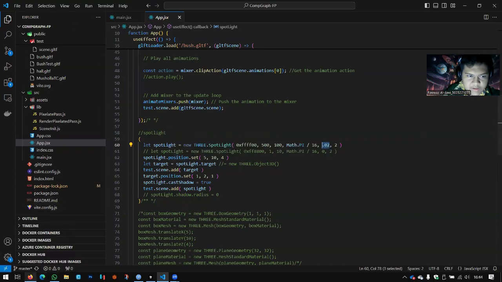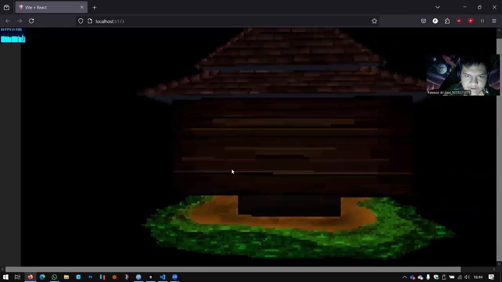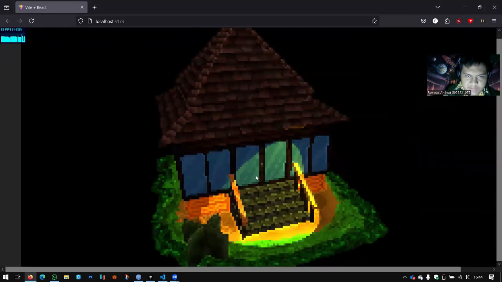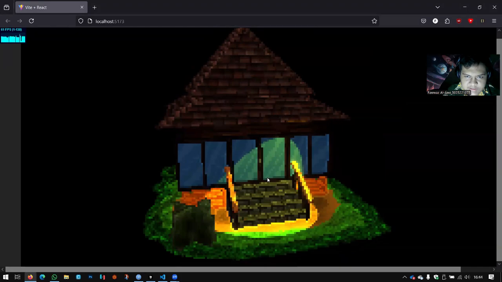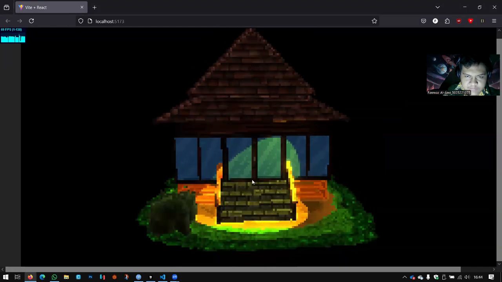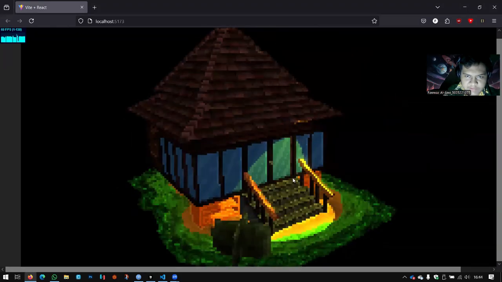And this is the target which the spotlight is pointing at, which is the center of this model, a bit shifted to the right, but it's just trying to project into the center of this model, and it hits from the front,